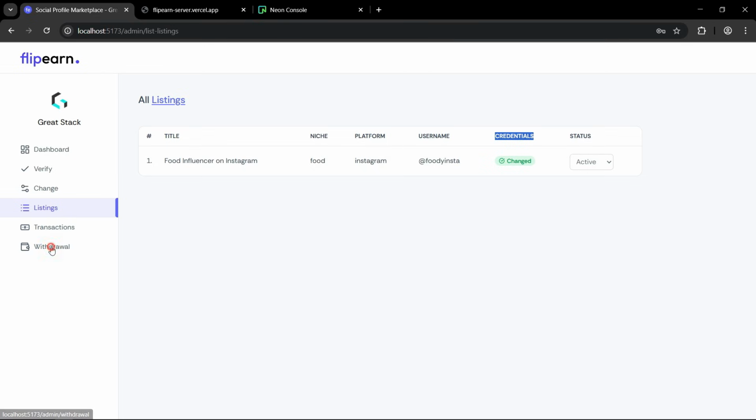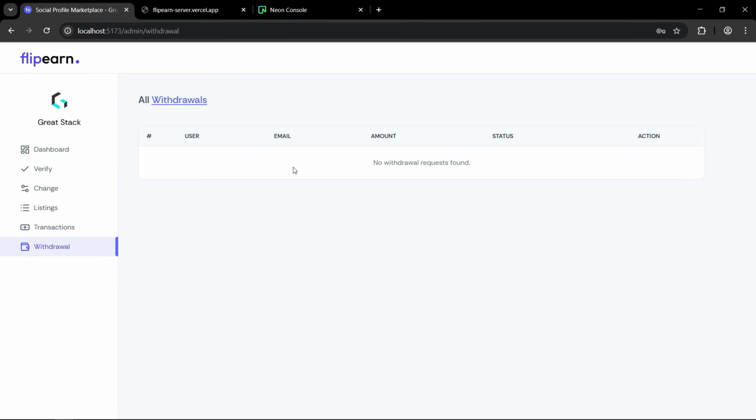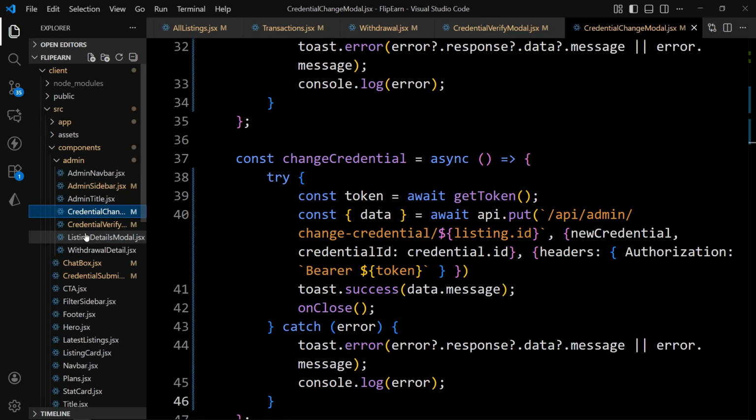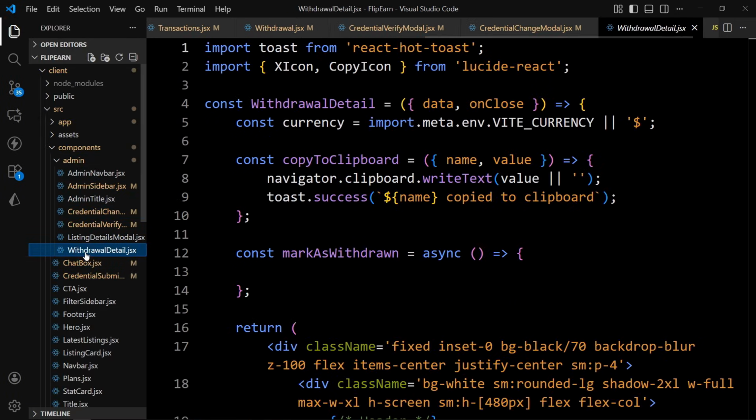You can see here we have the withdrawal, and in this one we don't have any withdrawal request, but once we get the withdrawal request here, then we can click on that manage button and withdraw that amount, or we can mark it as withdrawal complete or paid. So for that we have one model. I'll just come back here and open the sidebar. Here you can see we have the withdrawal details. Let's open it,